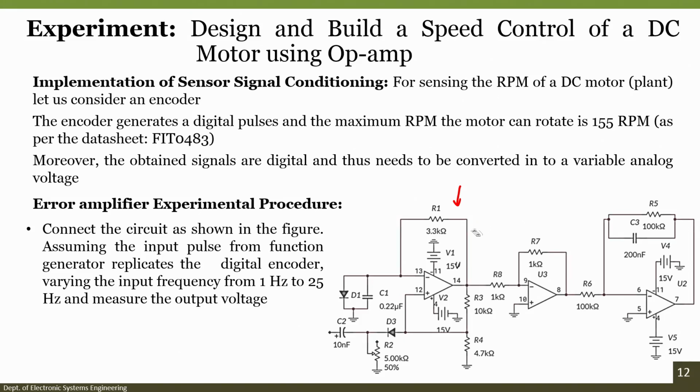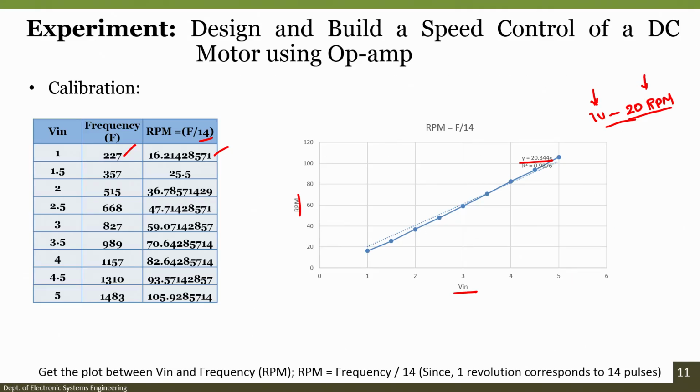Why do we require this? When we observed the Excel sheet, which gives the plotting of the relationship between V in and the frequency, along with the frequency we also observed the on time and off time of the pulse we get from the encoder. Both the frequency and the pulse width keep varying with respect to the input voltage. So, if I directly integrate, it is very difficult to get a relationship between the output voltage and the input voltage, which is nothing but the RPM.